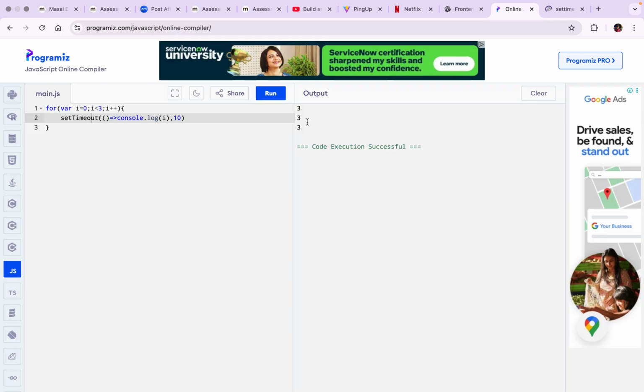To summarize the differences, const is used as the default, when you don't need to change the value, and let is used when you want to change the value, like in loops or counters. So we use let there, and we use const where we don't have to change the value. So this is the basics of the difference between var, let, and const, and this is the basic of JavaScript.